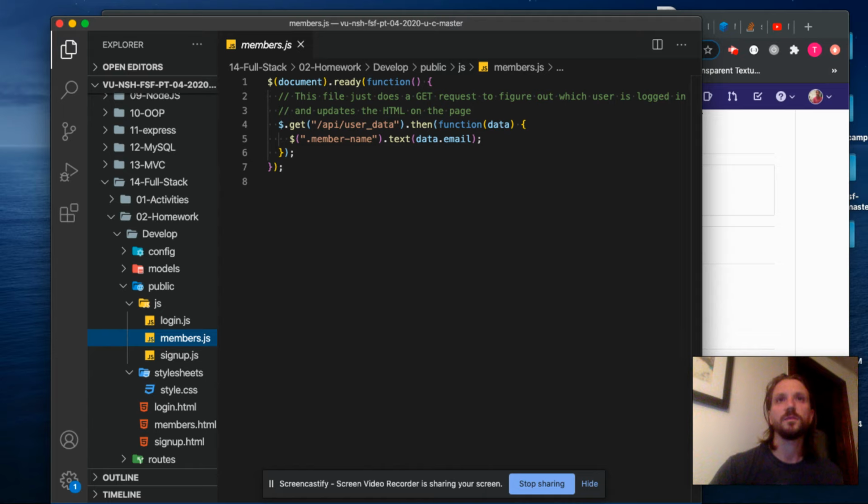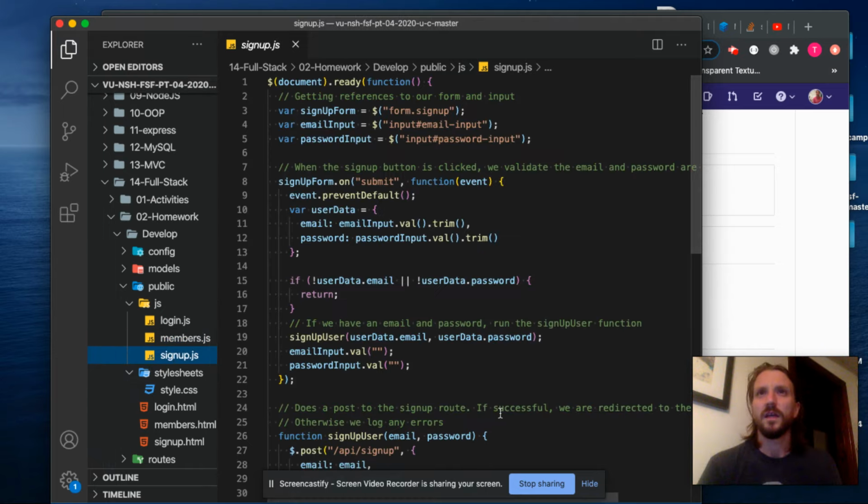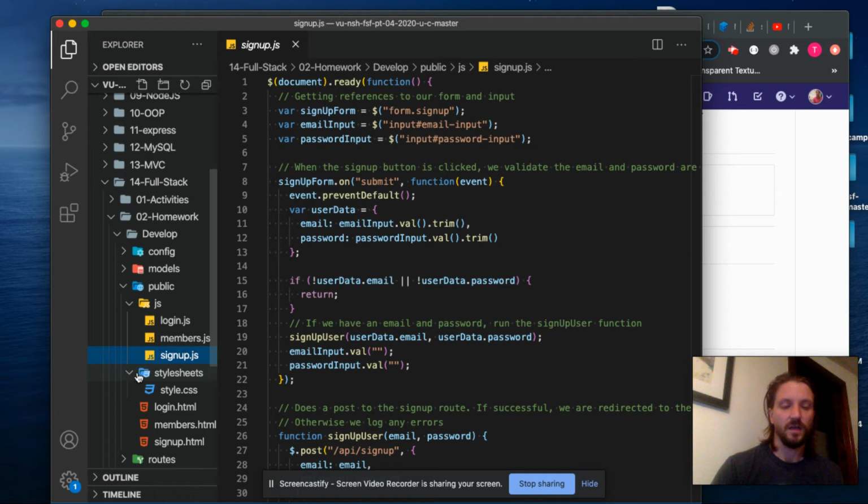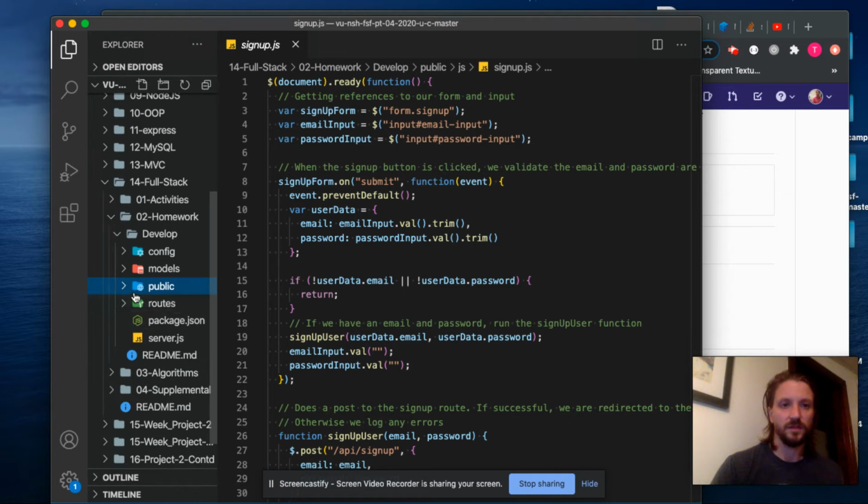The signup.js file. This file is meant to handle new user signup. When the signup user function is run successfully, the user is redirected to the members page. Style sheet is fairly obvious, and then the